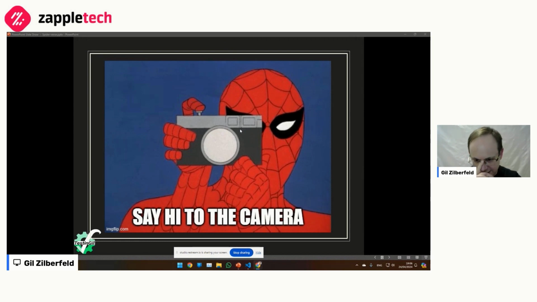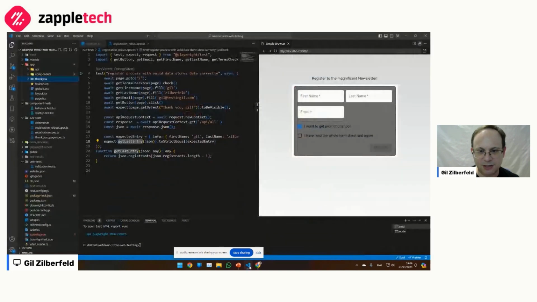Okay, so I'm going to show you my demo application for today, and we're going to discuss this in all kinds of aspects. What you see here is Visual Studio Code. This is the application. It runs locally right now.